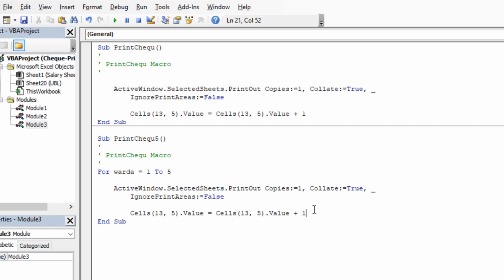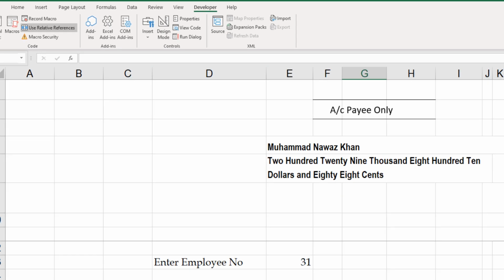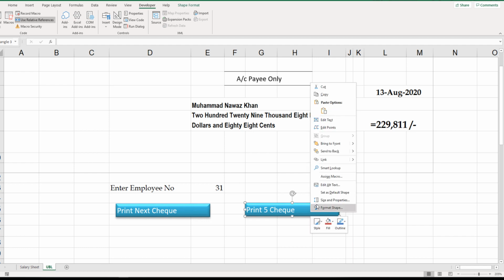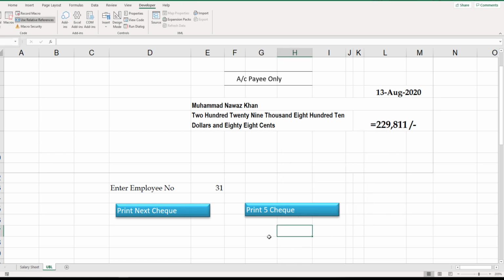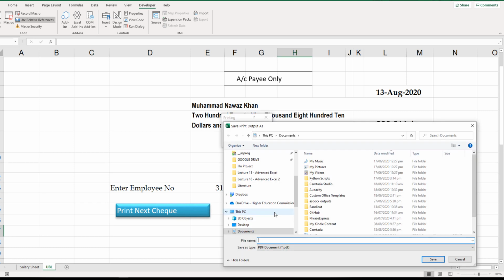Okay, there is A, and at the end next Varda. So we have another macro, right click, assign macro, and now issue the print check 5. Now if you want to print just one check, click on this button.